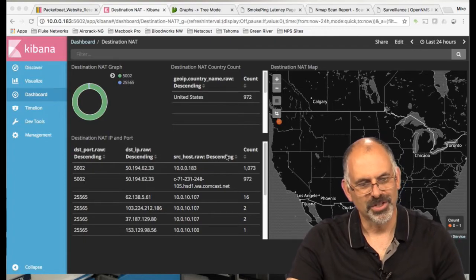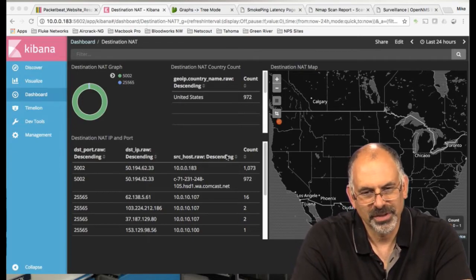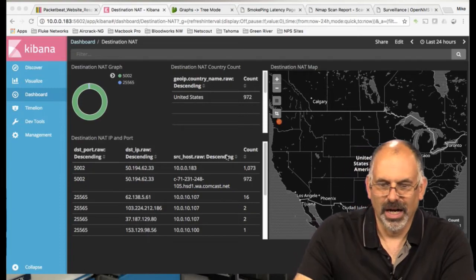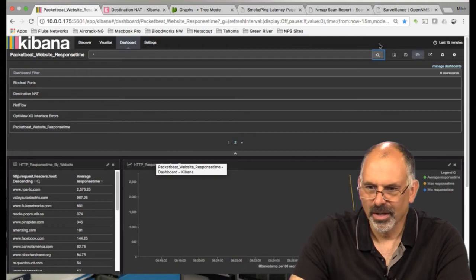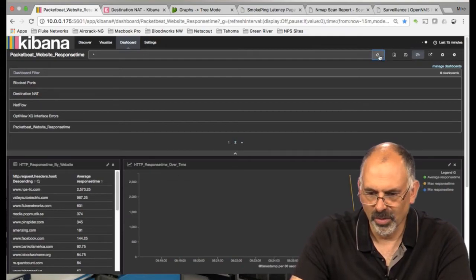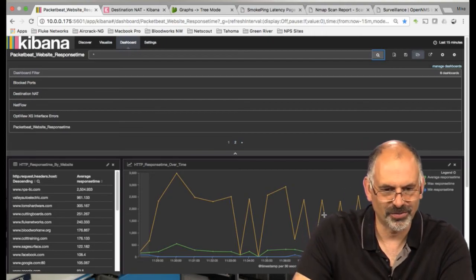Okay. So, Elasticsearch. Elasticsearch is one of these tools that allows us to collect a phenomenal amount of information. As an example, I mentioned PacketBeat. PacketBeat, what it does is it collects information about the packet. So for instance,